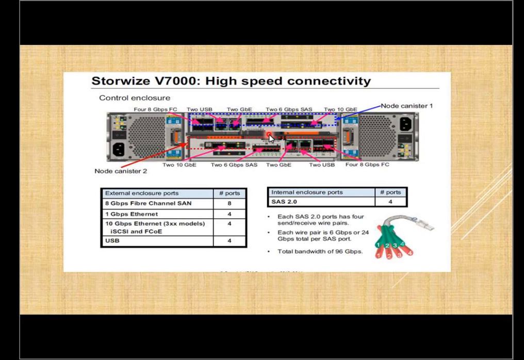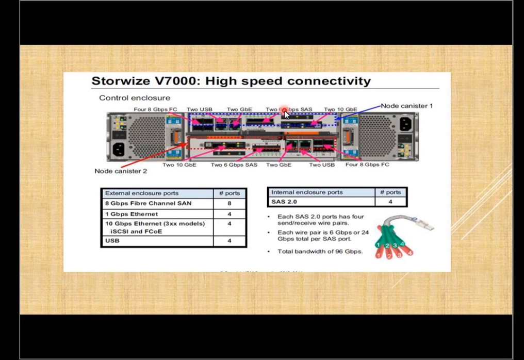Now, in the previous case, we were having only 2 expansion enclosures. So we just connected one node to one expansion enclosure, another node to another expansion enclosure, right? But in case of StoreWise V7000, since we have more number of expansion enclosures, we can have up to 9 extra expansion enclosures, right? So we need to have some daisy chain architecture, which will connect one expansion enclosure to another expansion enclosure, and so on. We have a picture coming in the upcoming slides where you will be able to understand how the backend connectivity happens in that case. Okay.